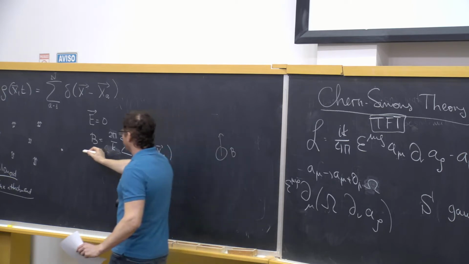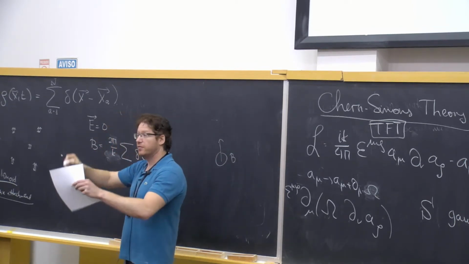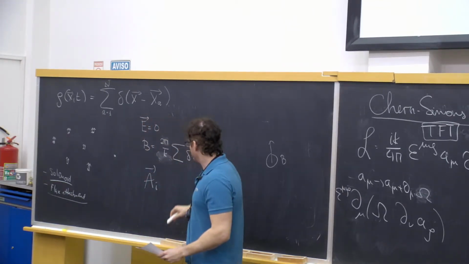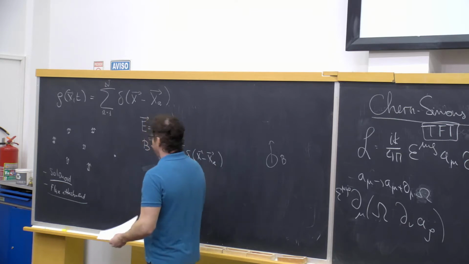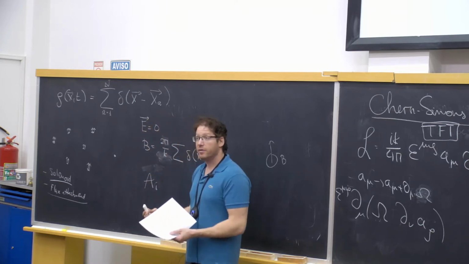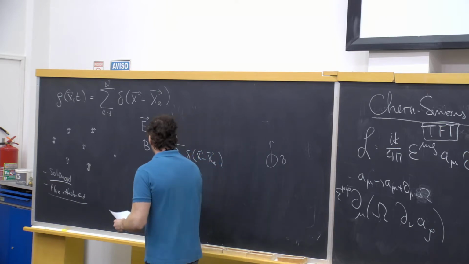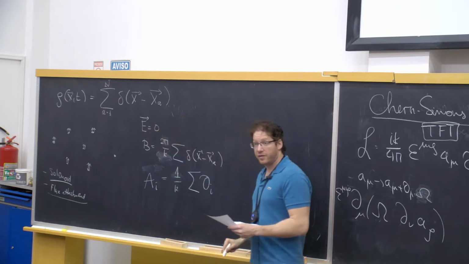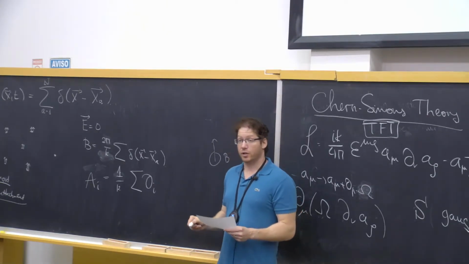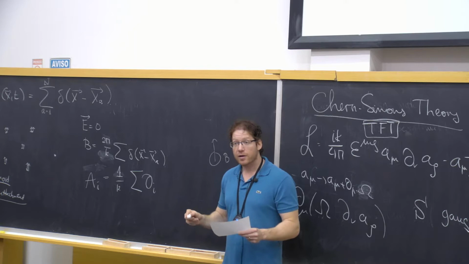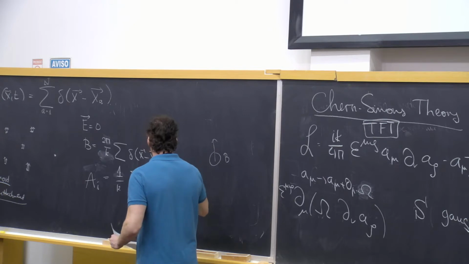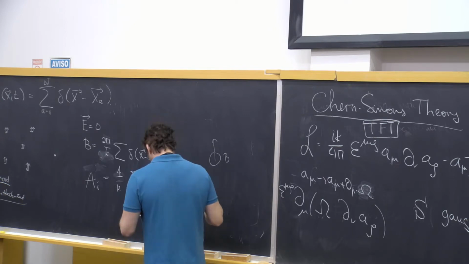So similarly, we can write the vector potential that is associated to these solenoids. So the vector potential Ai is, well, I'll just write Ai. This is time independent because we don't have any electric fields, but it's nevertheless non-trivial. It's 1 over k times a sum over di. And what is the formula for the vector potential outside of a solenoid? It's a derivative of the phase, right? So it's di, and then you have the argument of x minus xa.